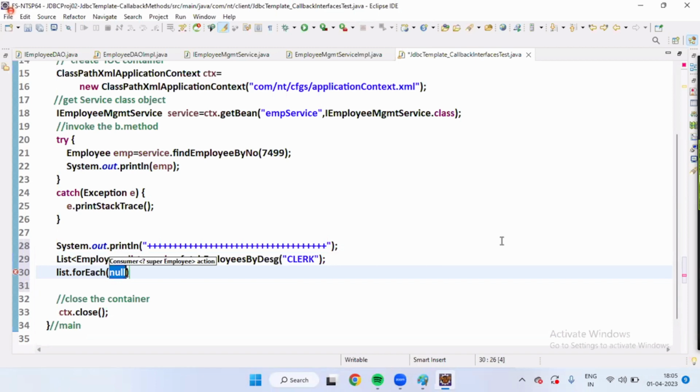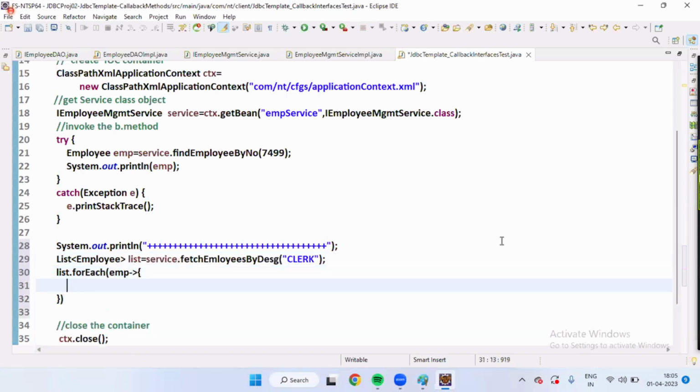What, guys? list.forEach(en -> System.out.println(en));